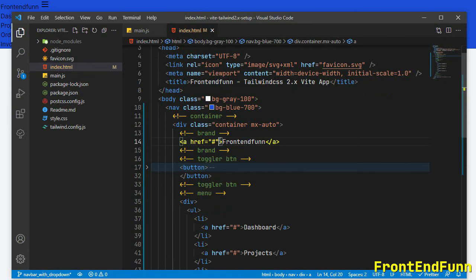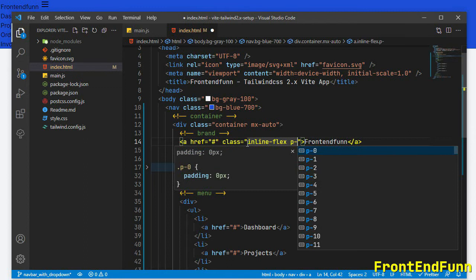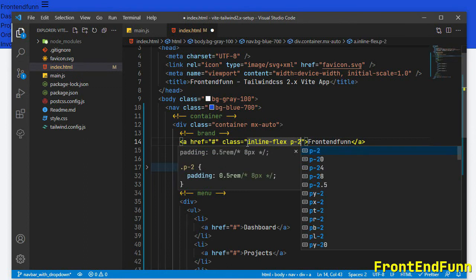For the brand, let's add inline-flex first, because anchor elements are inline elements, so we'll be adding inline-flex, and we'll apply padding p-2.